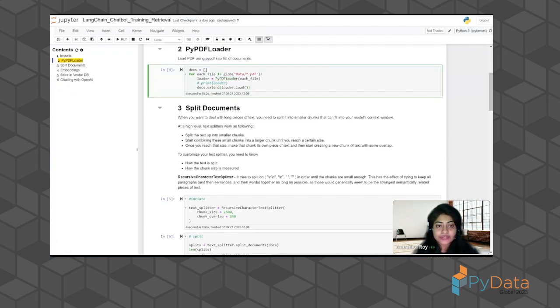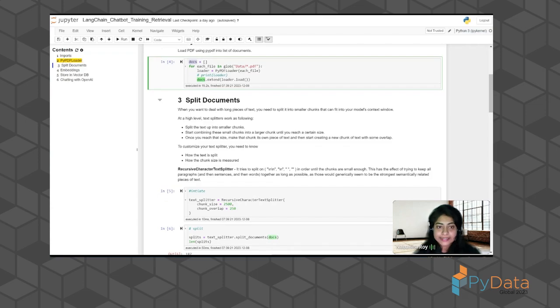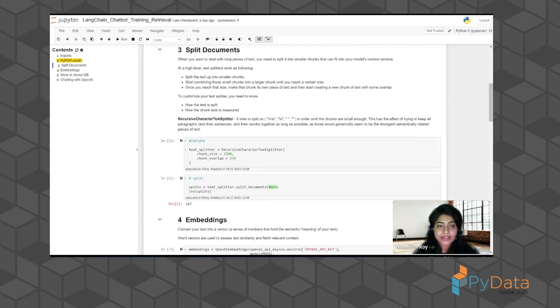And then append each of them into this docs list. And then after that, what I've done is, like I said, you have to split the documents, or put them into smaller chunks, because you're dealing with really, really long pieces of text, and you need to make them smaller, and also design it intelligibly so that it fits your model's context window, but it also is able to relate to the information that you have previously.